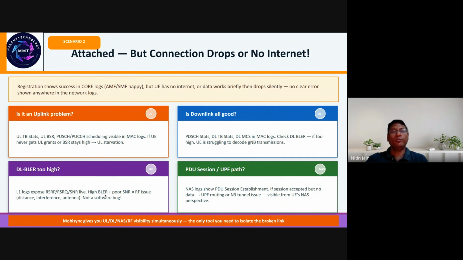So in that case, it may not be a software bug. Possibly, there is some interference, RF issues, or the transmit power of the radio is too low for some reason, or by the time it reaches the mobile, the signal is quite poor, or maybe it is seeing a lot of interference in the transmitted frequency carrier, or also it is possible that the antenna is not actually performing as expected,